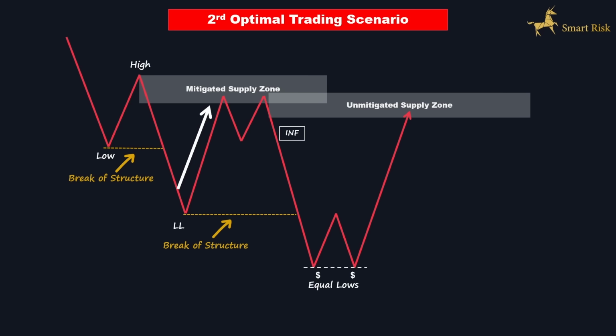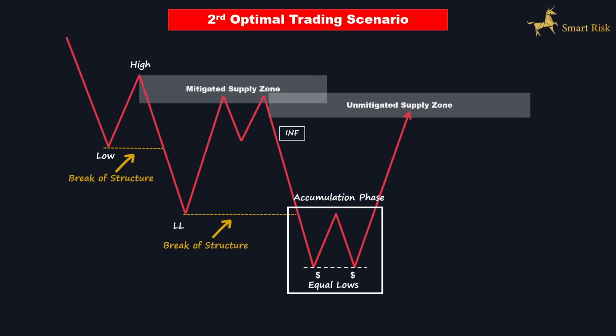It taps into the recently created point of interest, experiences a reversal, and then starts to move downside, leaving a significant inefficiency behind and initiating another break of structure. This confirms that supplies have control, and we are still in a downtrend. In the next step, we are seeking a consolidation phase, such as equal lows. We need the price to form sell-side liquidity right at the bottom.